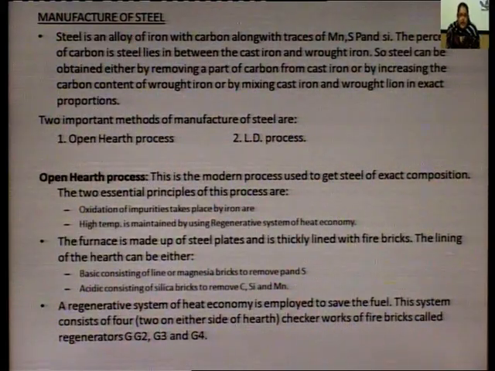So, in the case of steel, the percentage of carbon is in between the cast iron and the wrought iron. So, steel can be obtained in two ways. It can be obtained either by removing a part of carbon from the cast iron or by increasing the carbon content of wrought iron, or the third method is by mixing the cast iron and wrought iron in exact proportions. So, again I am repeating that steel can be obtained in three ways, as steel is having more carbon content